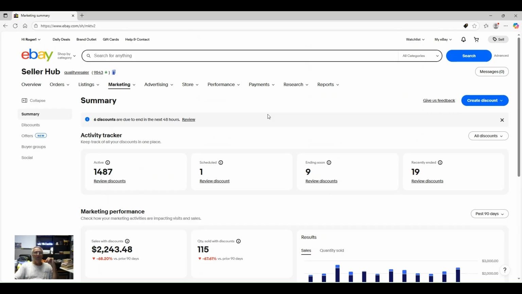And when you go up to your listings here, let me pull it up here, and I don't know if it'll show it when I pull it up here. I may have to pull up an item here. Let me do this right here. We'll pull this item up here and let's see if it shows the coupon on here or if it